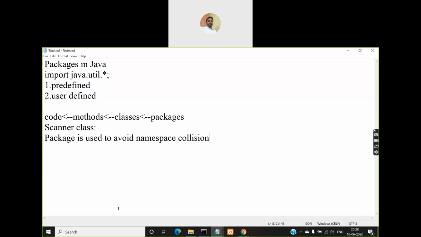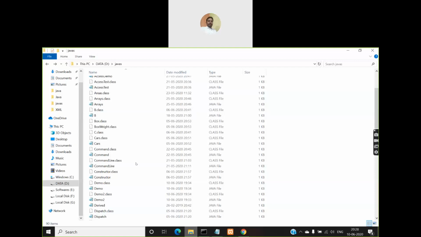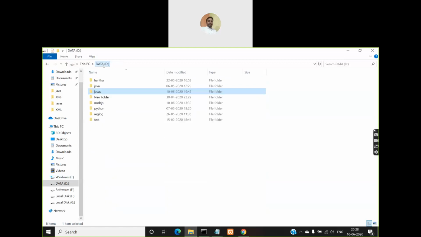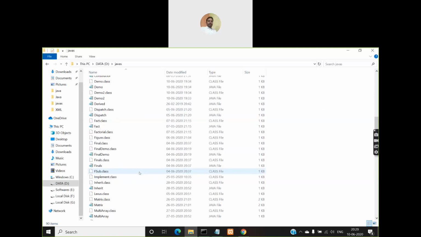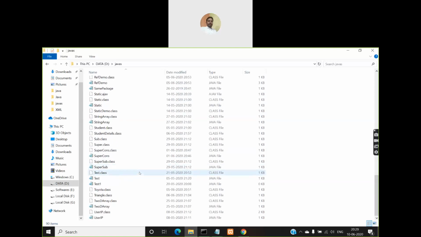So till now we have been writing programs, right? All our programs we have saved in a directory called JavaS in the D drive in my computer. This is the folder where we were saving all the programs. When you are saving many programs like this in this folder, there is a chance that in one or more programs you may want to create a class with the same name.